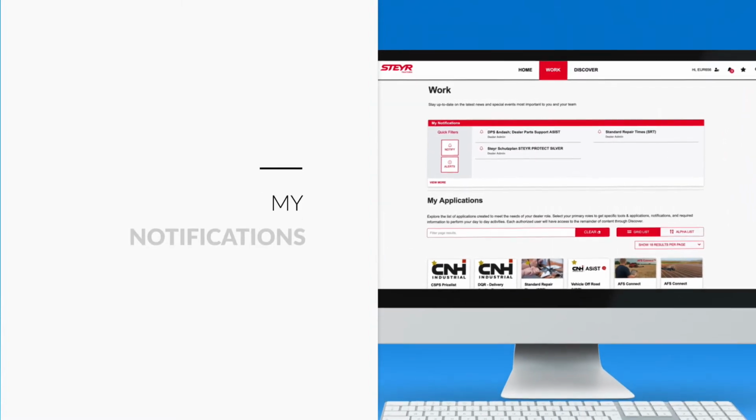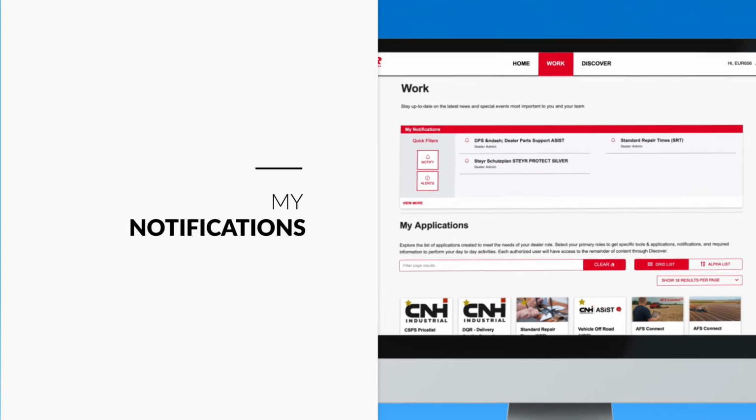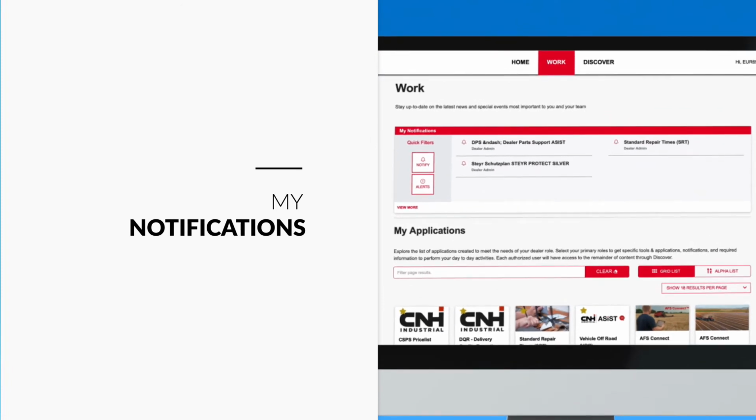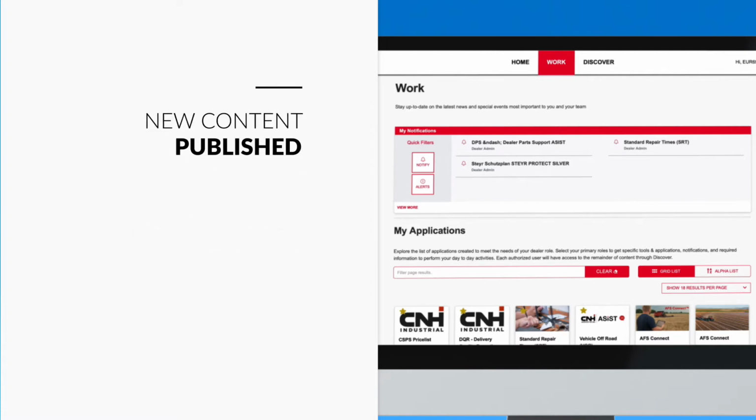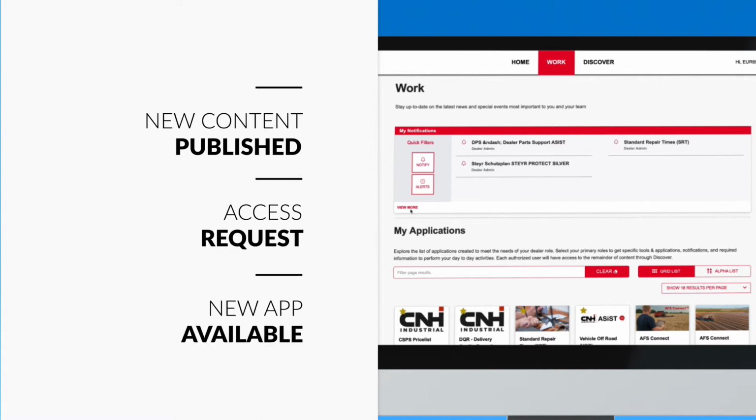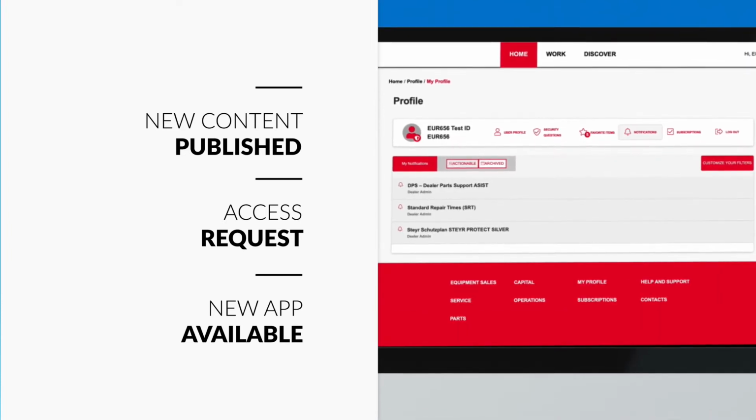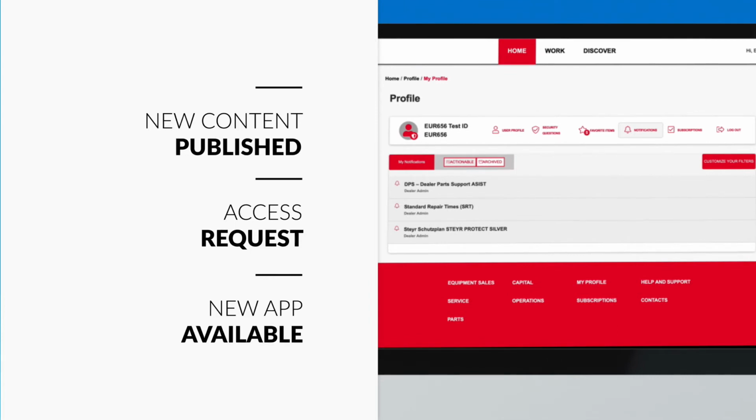In the Work area, you will find the My Notifications section, which will contain both notifications and alerts associated with your role. A notification can occur when new content has been published. Someone has requested access to an application that requires the admin's approval. A new tool or application has been launched and is available on the portal. An alert sends you more urgent messages, for example informing you that a parts depot or an application is down